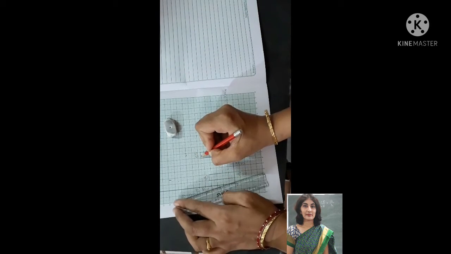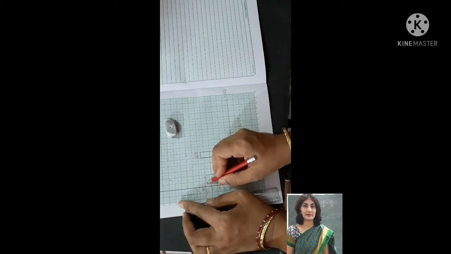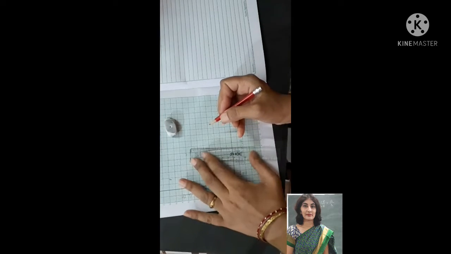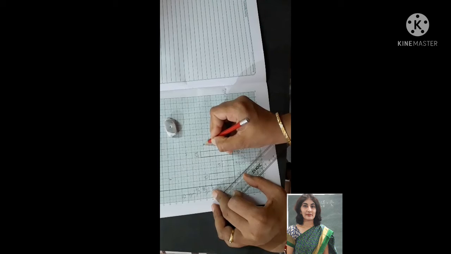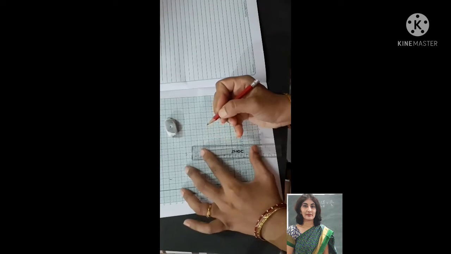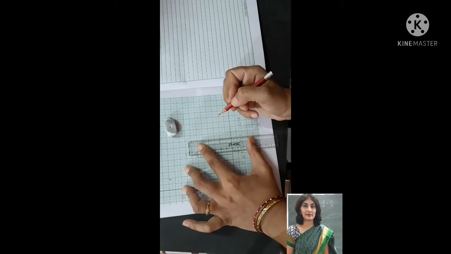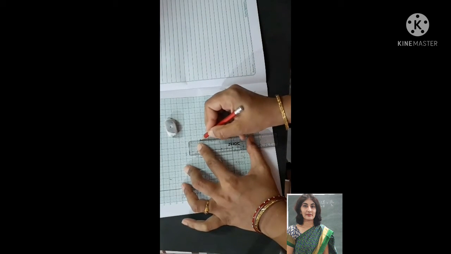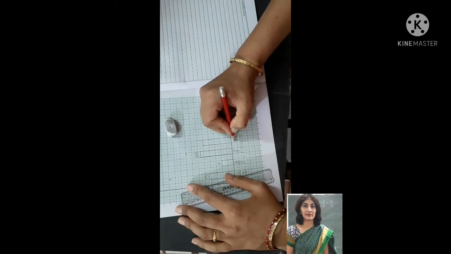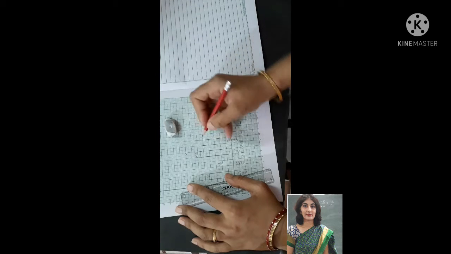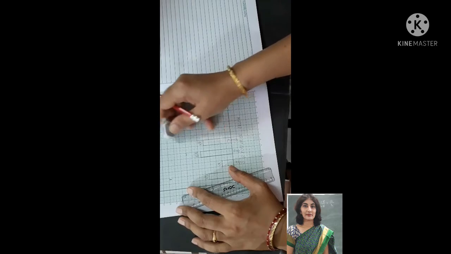The next color is yellow. 49 students want that the building should be yellow. So between 40 and 50, the ninth line will be yellow. So from here you can see 40 and 50. This will be 49, and then draw the standing line. It will come like this, and from here it will come like this. This is which color? This is yellow. So write here yellow. You can color also, use different colors also, yellow, blue, as it is given in the question. If there is any extra line, you erase that.